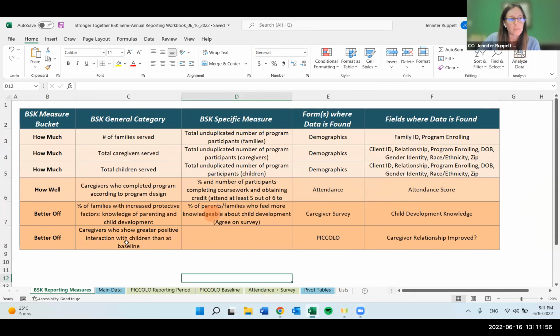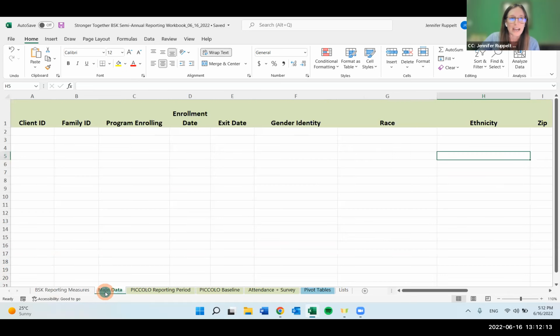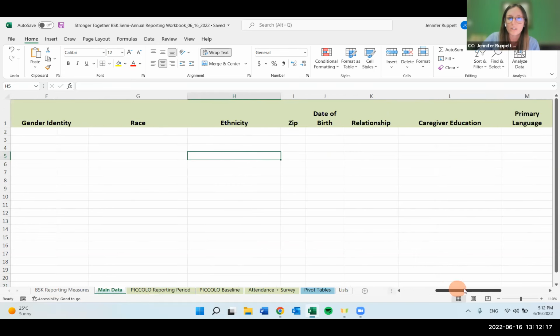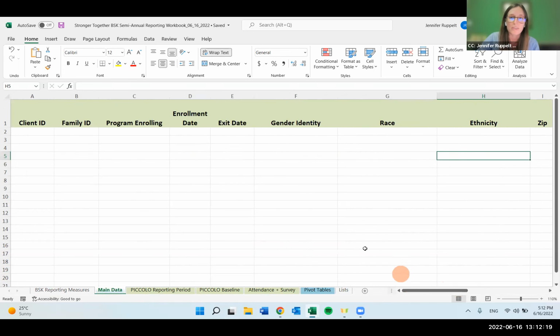And this first tab here is the BSK reporting measures, and you'll be familiar with how much, how well, and better off. This is just a tab that we like to include in our workbooks so that there's a reference point for what needs to be reported on. And then we have a main data tab. This is where we'll pull all the data together from different sources